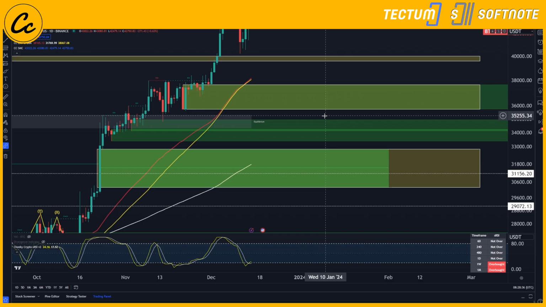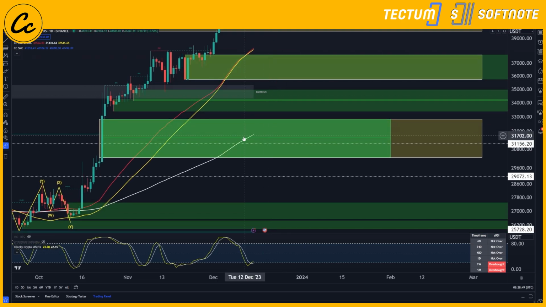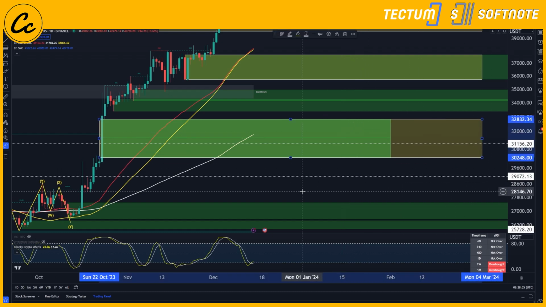If we do not hold this area, we can see the equilibrium sits at 34,300 to approximately 35,300. So we do have a support level of equilibrium to be found on the daily time frame as well. Our 200 EMA, currently sat at 31,769, is sat in another fair value gap between 30,248 and 32,832. So we do note that there's a couple of really good key areas of support to be found here for